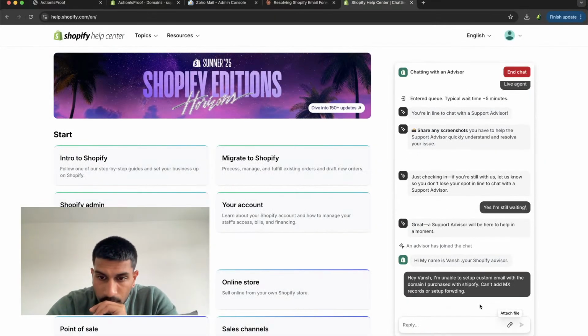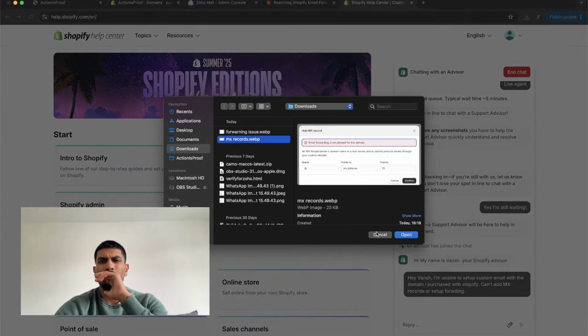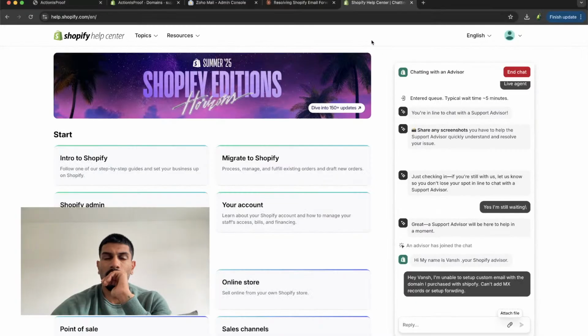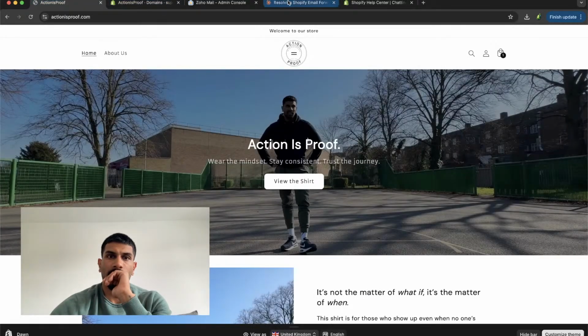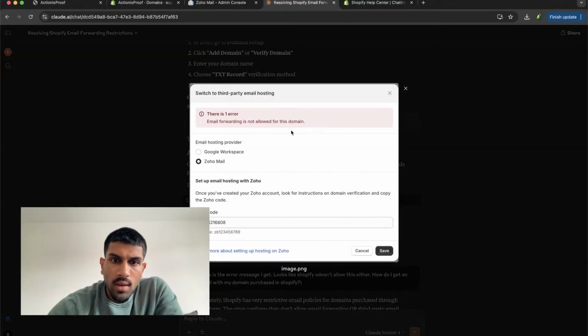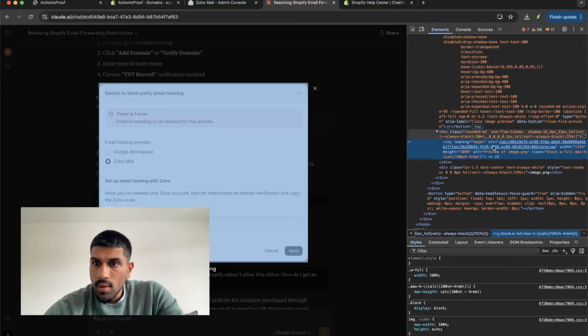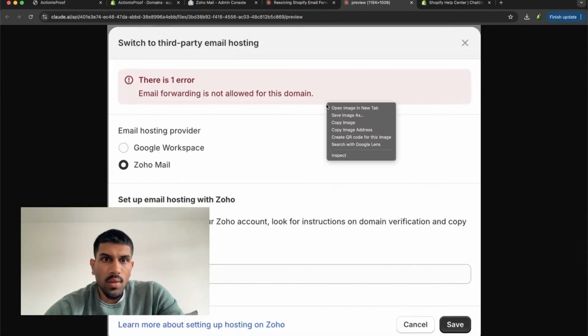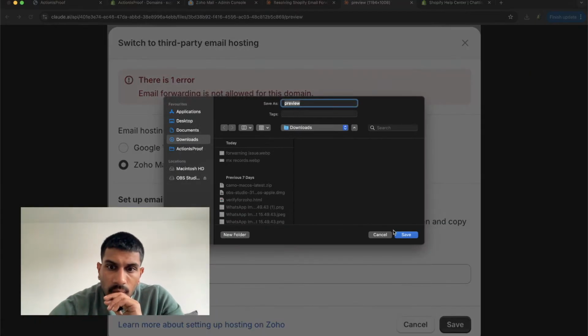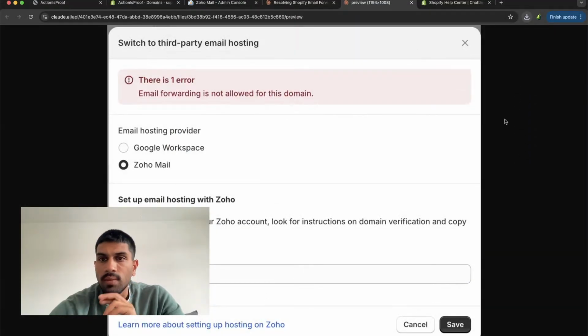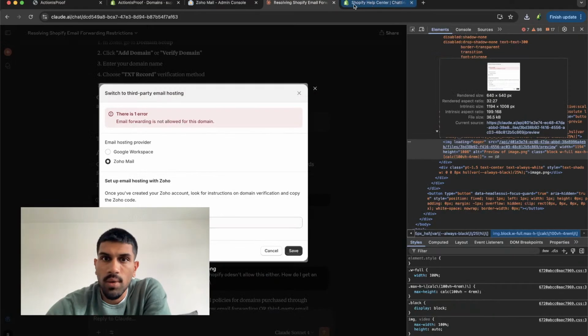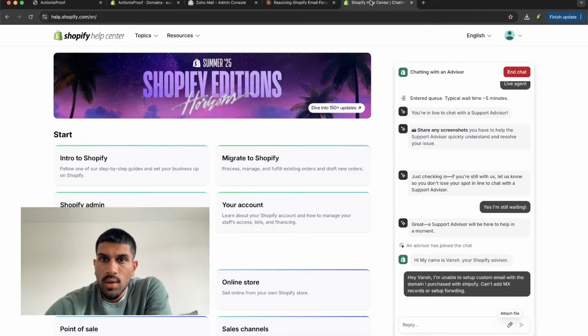Okay, let me try to attach now. Open. Attach. I can't even attach a file. Oh, it's a WebP, that's why. It's a WebP. Oh, it's WebP as well. Yeah, probably doesn't support WebP images. Anyway,